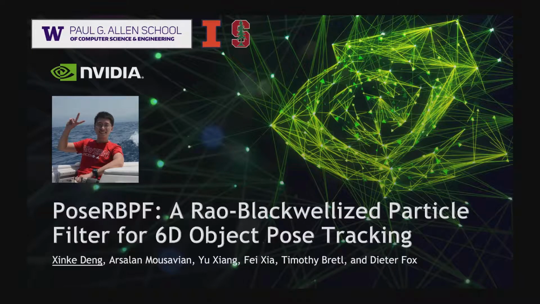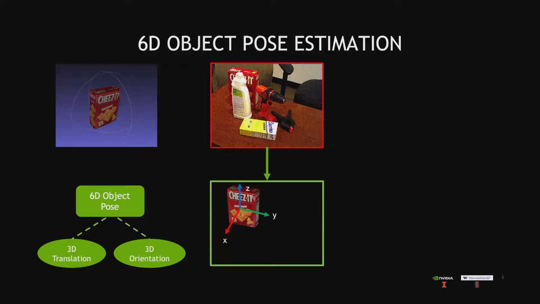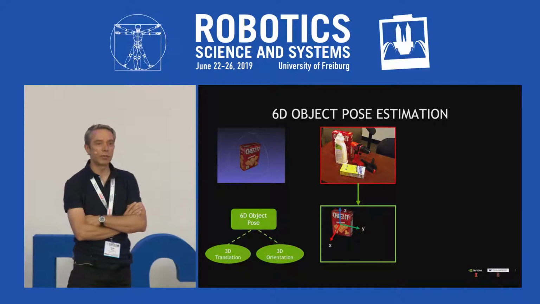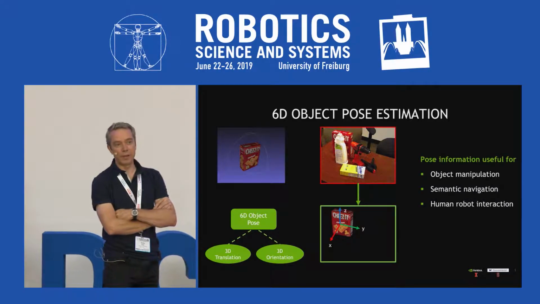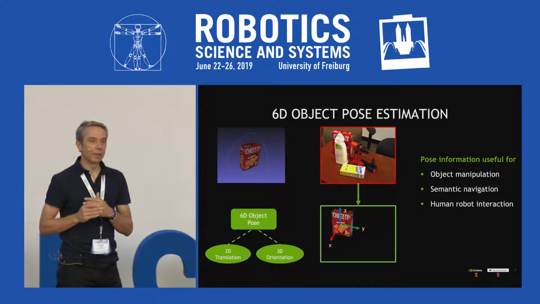Hi, this is work Xinke Deng did when he was an intern with the NVIDIA Robotics Research Lab in Seattle, but he couldn't come due to visa issues. The goal is 6D pose estimation, where we have an object model, and then we observe a scene, and we would like to recover in that scene the position of the object, which is the 3D translation and the 3D orientation. Knowing that information, of course, can be useful for many tasks, such as manipulation and any kind of semantic